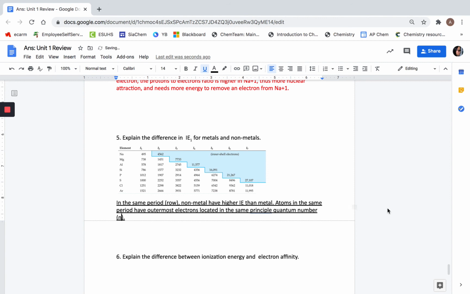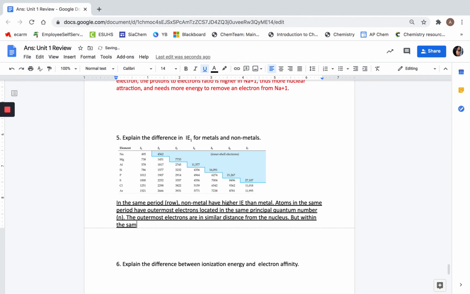So what does that mean by the same principal quantum number? Well, that means the outermost electrons are in similar distance from the nucleus, but within the same